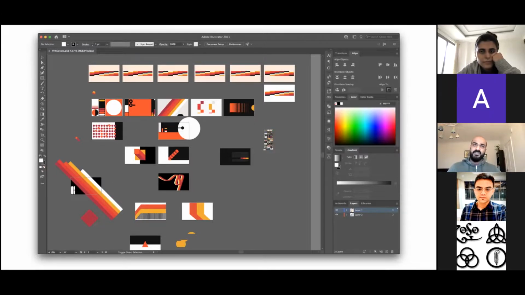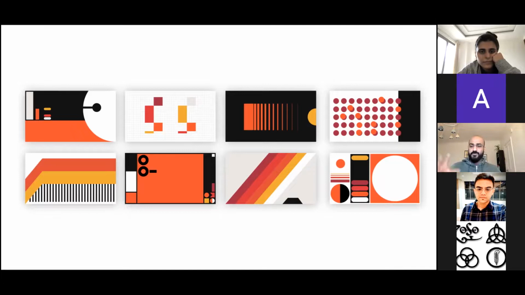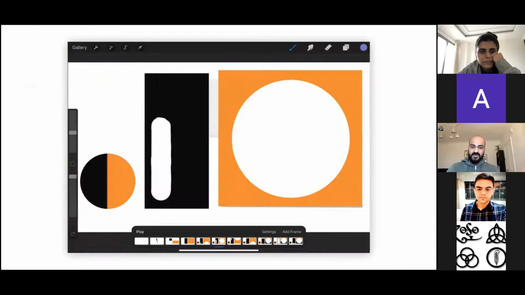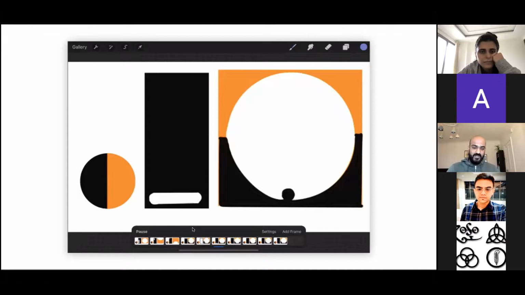I started with these static frames and blocked out loosely what I was aiming for, and then rather than using more generative processes, this was created in Illustrator. I did a bit of animation just to block out how I wanted things to move, and then we're taking them into the final software,